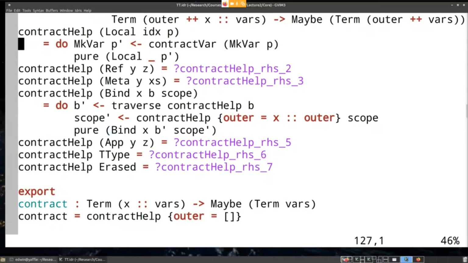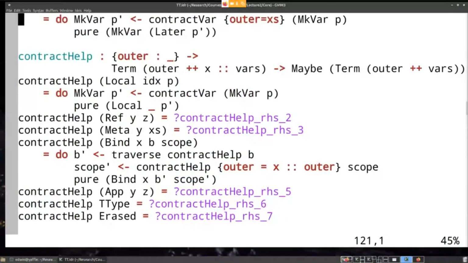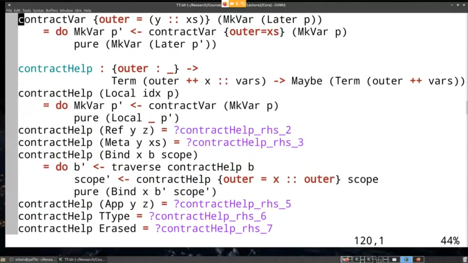So the possibility is just to think, well, is there actually a better way of representing terms? And maybe there is. What you really want to do here, the only thing you're really interested in, is the number of things that are in that outer list. So one possibility could be to index terms by a vector. So you have the length of A2. Another possibility, a little bit more fiddly, but could do the job, would be to have an additional argument here that is indexed by outer, where the runtime information that's available is a list. So something like